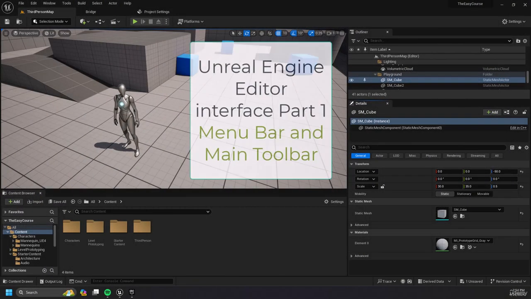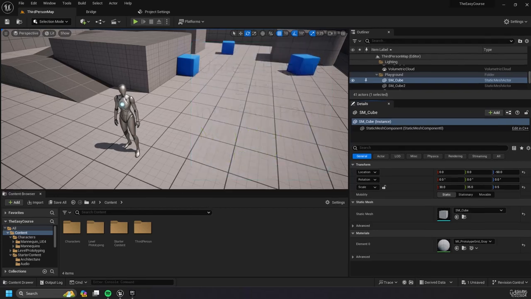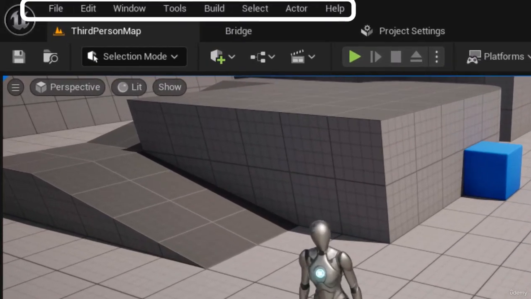In this lecture, we will go through the Unreal Engine Editor interface. Let's start from the top. This is the menu bar. It's used to access editor-specific commands and functionality. There's a lot of stuff here that we'll explore as we progress. I don't want to overwhelm you with information on how to do things until we need it for the purposes